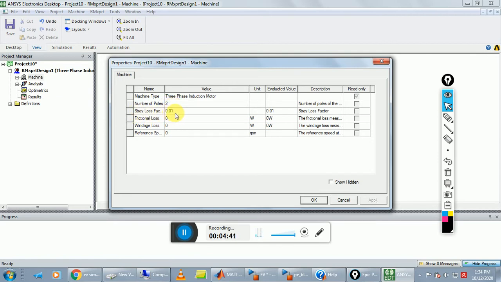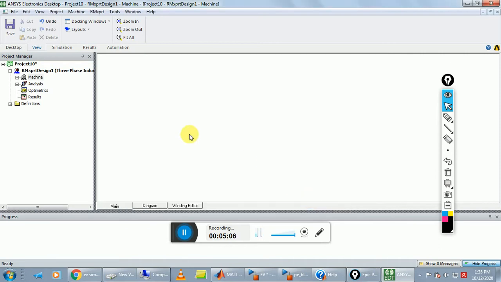loss factor is 0.01, and here we add frictional loss is 12 watt and windage loss we choose 11 watt, and the speed reference is same as it is, 1444 rpm, and click on OK.